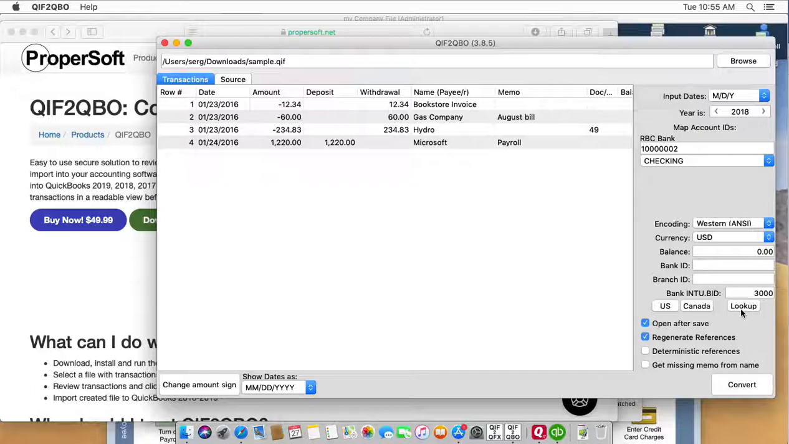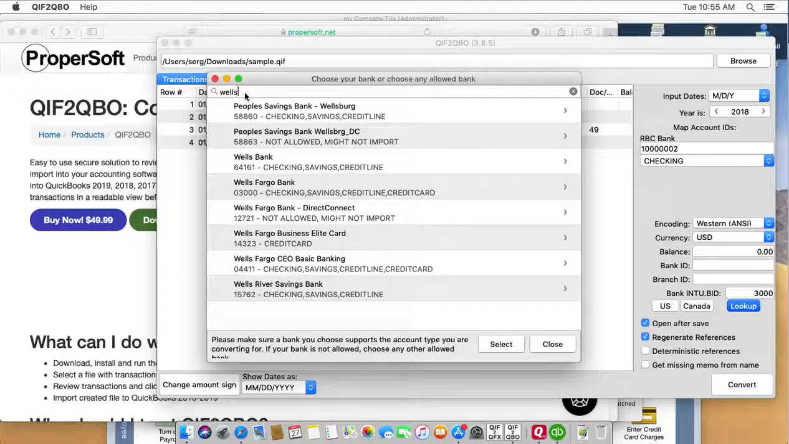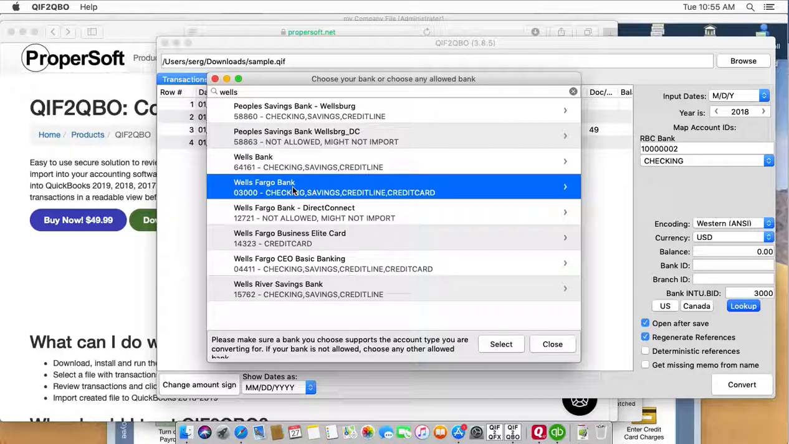you convert. Click the lookup button to locate your bank. Make sure that the selected bank is allowed for the account type you convert. If you convert for a checking account, make sure checking is listed. If you convert for a credit card, make sure credit card is listed as a supported account type for the bank label